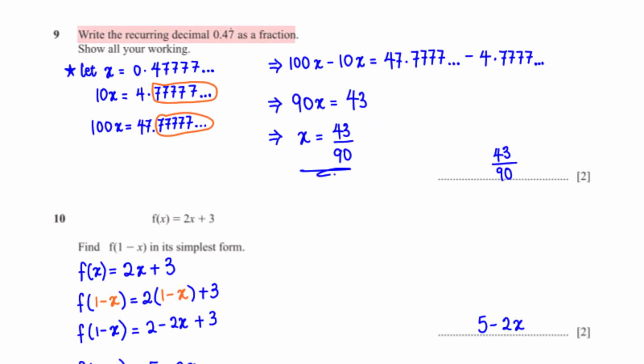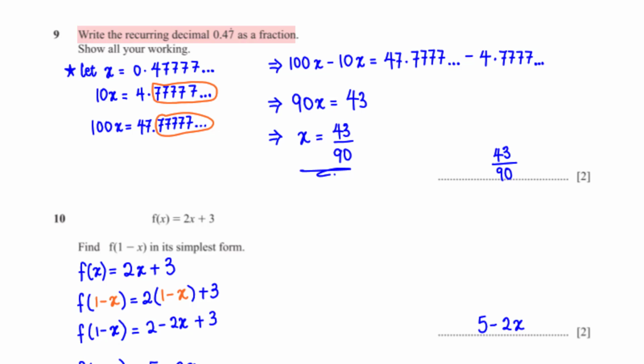Write the recurring decimal 0.47 (with the 7 recurring) as a fraction. Show all your working. So let's call the recurring decimal x, which is 0.4777. Now let's multiply x by 10 and we get 4.7777. Let's multiply x by 100 and we get